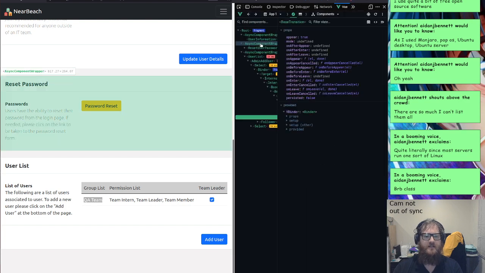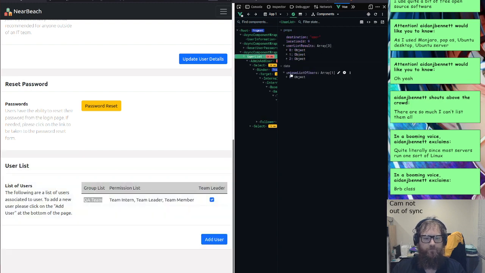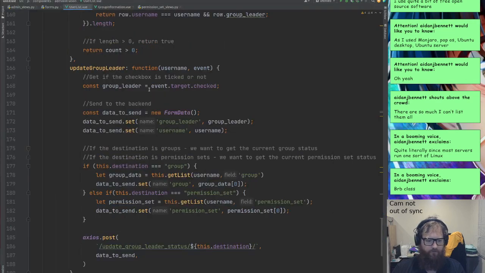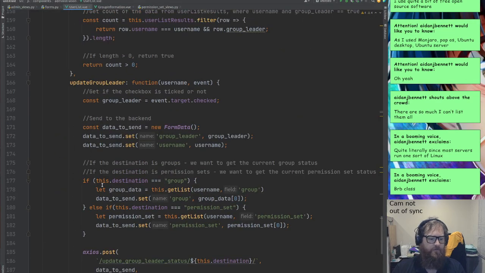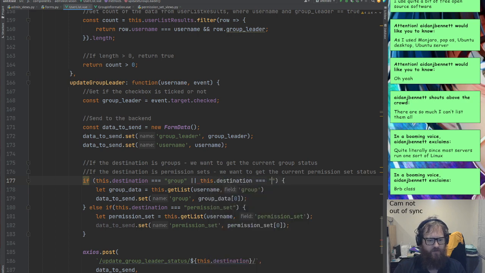I need to see the destination. Destination is user. So under the update group leader, if this destination equals group or this destination equals user, we'll,